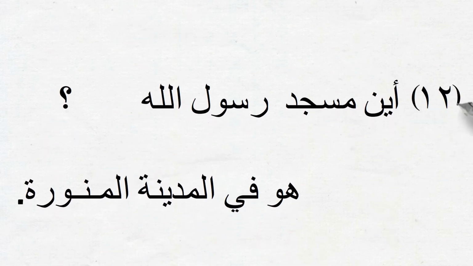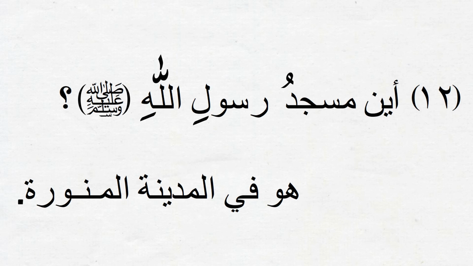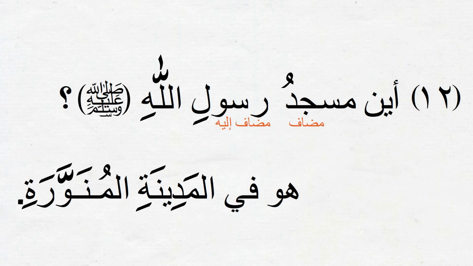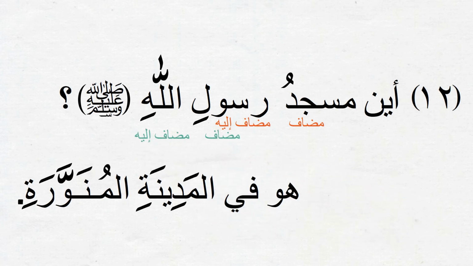Number 12. أين مسجد رسول الله صلى الله عليه وسلم؟ هو في المدينة المنورة. Where is the masjid of the messenger of Allah, peace be upon him? It is in the Madinah Munawwarah. In this question sentence, we have a chain of idafa combinations. The first one is Masjidu Rasuli. The second one is Rasulillahi. Masjidu is the mudaf and Rasuli is mudaf ilayh of the first idafa. And Rasuli is also mudaf and the ism Allahi is mudaf ilayh of the second idafa. So the ism Rasuli is functioning as mudaf ilayh and mudaf at the same time to the words coming before